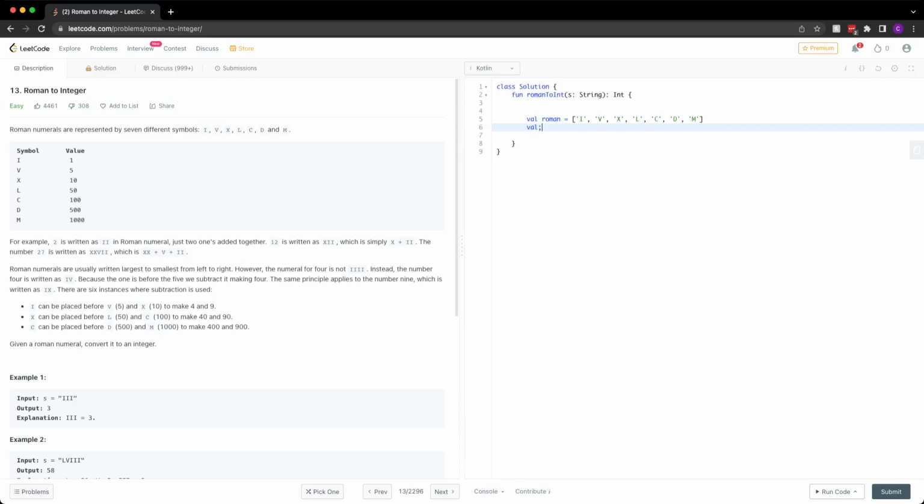And then val, Roman values, that'd be another array, and this would be 1, 5. Actually, I'm going to do array of here, same here, array of, which is just one of the ways you can instantiate an array in Kotlin.